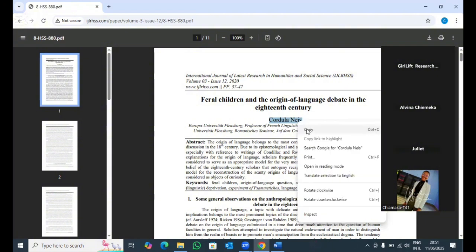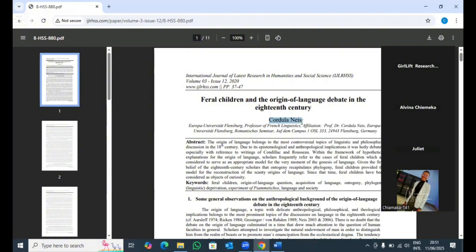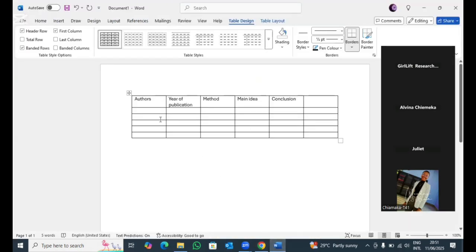This is the author. It's just one person. Sometimes, in most cases, you have many more. They can be 3, they can be 4, but it's all up to you, right? So once you have that, you take the author's name. Right? And it's important to also add